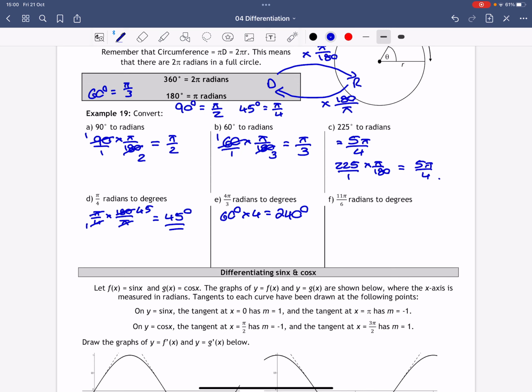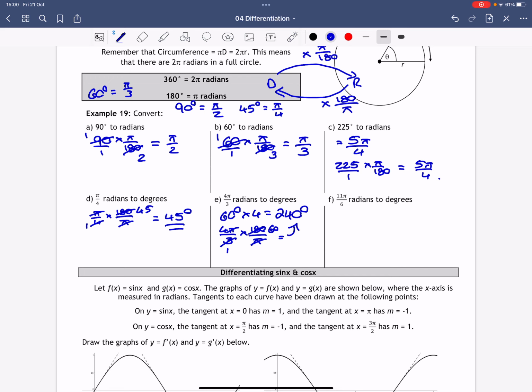You could say 4 pi over 3 multiplied by 180 over pi. And then just multiply your fractions. The pi's cancel out. 3 goes into itself once, it goes into 180 60 times. So 4 times 60 would give you your